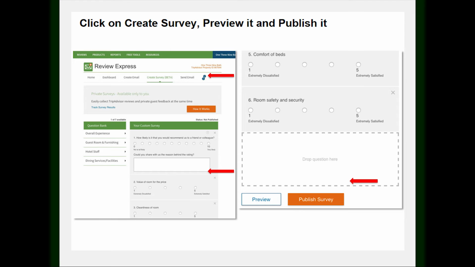But once you publish this survey, when the guest gets the same email that you saw that you can customize, they click on write a review. What happens then is that they're first asked to answer the survey. After they answer the survey, they will write a review. They're also able to skip the survey and go straight to the review. But if we move to the next slide now,